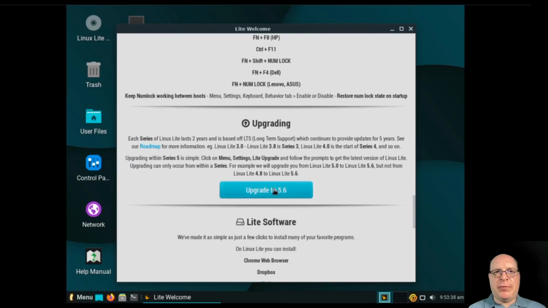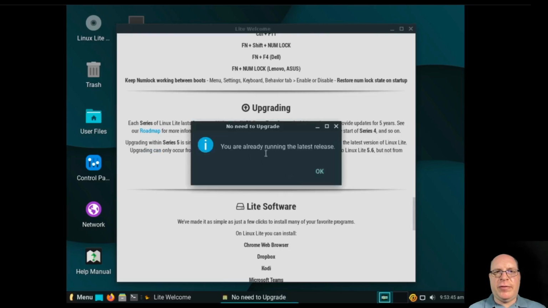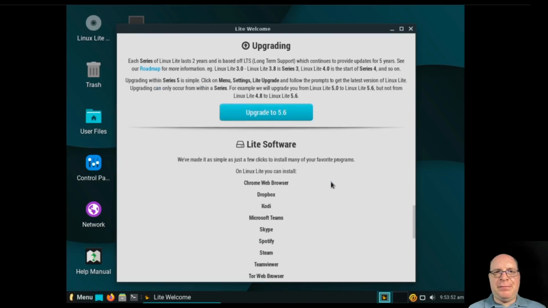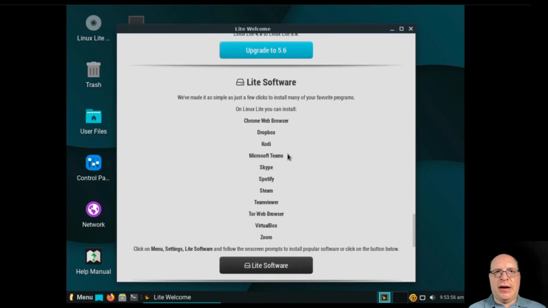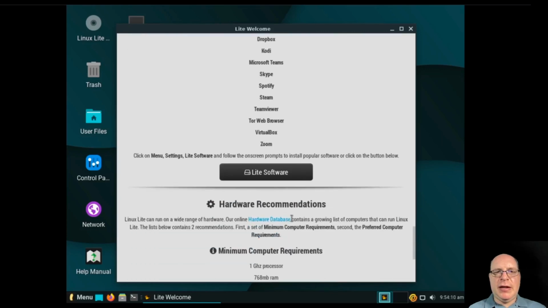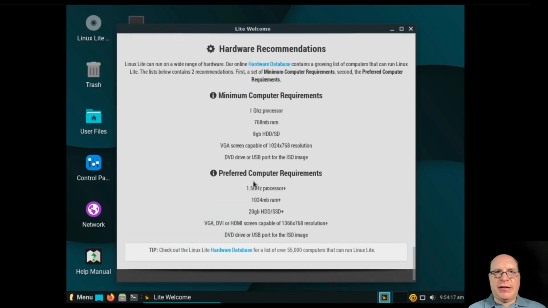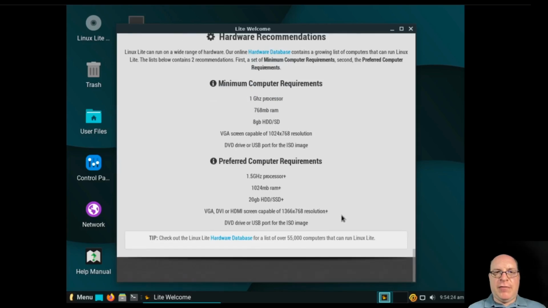Very nice. Also upgrading. Let's click this and see if that works. Yeah, we're already running the latest release. Good. No surprise there. And here they offer a bunch of software that they'd like you to take a look at. We'll do that in a bit. And next they list the hardware recommendations. Both minimum and preferred computer requirements are rather light, since this is an XFCE